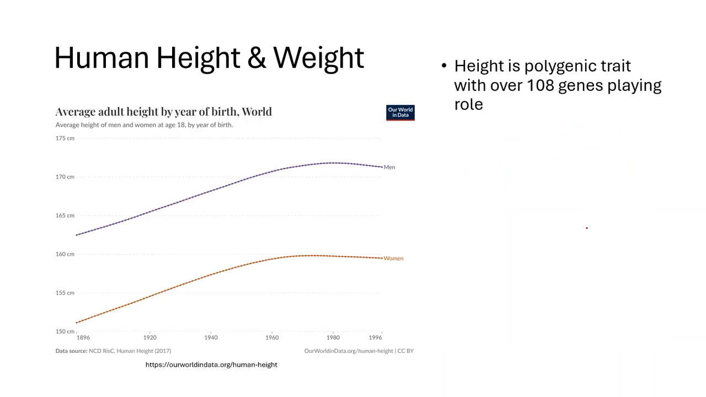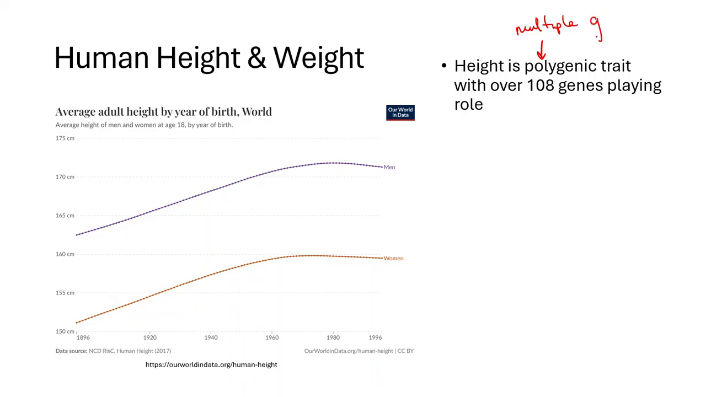Let's look at this in a number of different traits. So here, let's look at human height and weight. You probably have been able to see that people have different heights based on what they inherit from their parents. So if you have tall parents, there's a higher chance you yourself might be tall. Height is a polygenic trait. That means multiple genes contribute